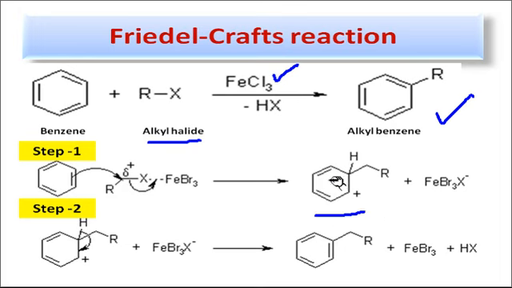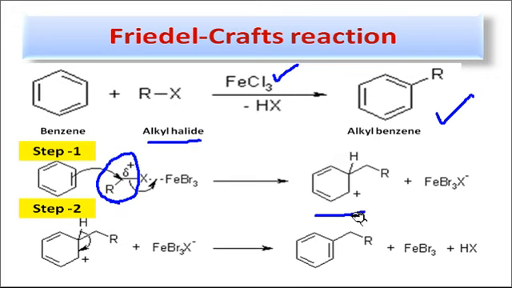How does it form? This alkyl halide in presence of Lewis acid forms this electrophilic species R+. This electrophilic species attacks that carbon atom, and